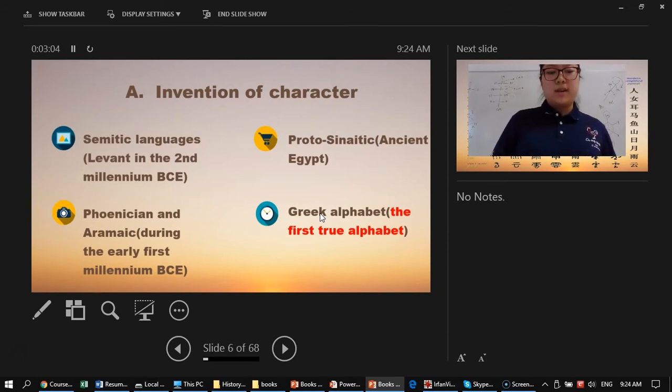Some modern authors distinguish between consonantal scripts of the Semitic type, called abjads, and true alphabets in a narrow sense. The distinguishing criterion is that in true alphabets, letters are assigned to both consonants and vowels on an equal basis, while in abjads each symbol usually stands for a consonant. In this sense, the first true alphabet was the Greek alphabet, which was adapted from the Phoenician. Latin, the most widely used alphabet today, in turn derives from Greek.